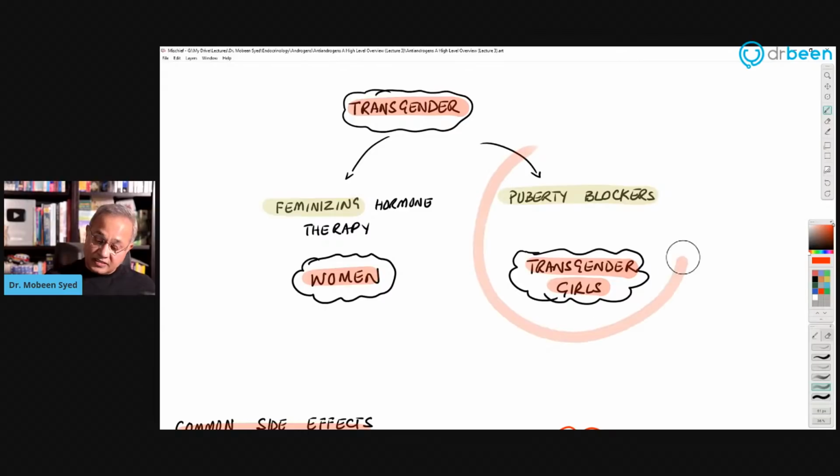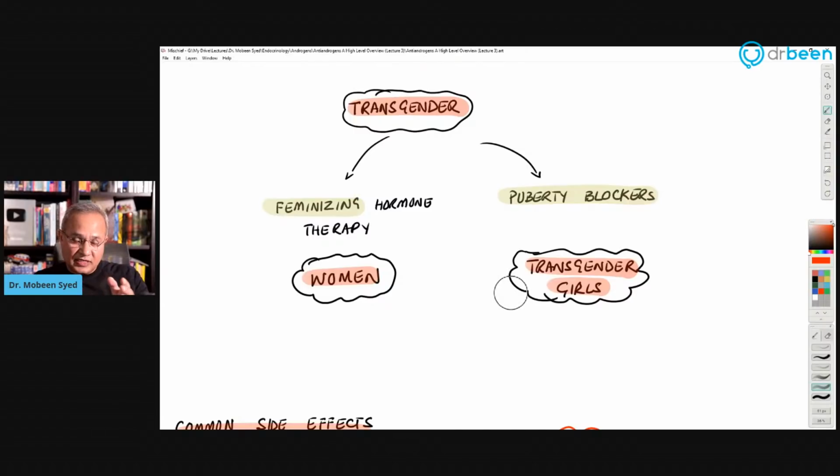And then those transgender girls, that means they were boys and now they are converting to girls, but they have not hit puberty. If anti-androgens are given to them, then their puberty is delayed, their androgen production is reduced, and so their masculinization is less. And so they will retain more and more of female or